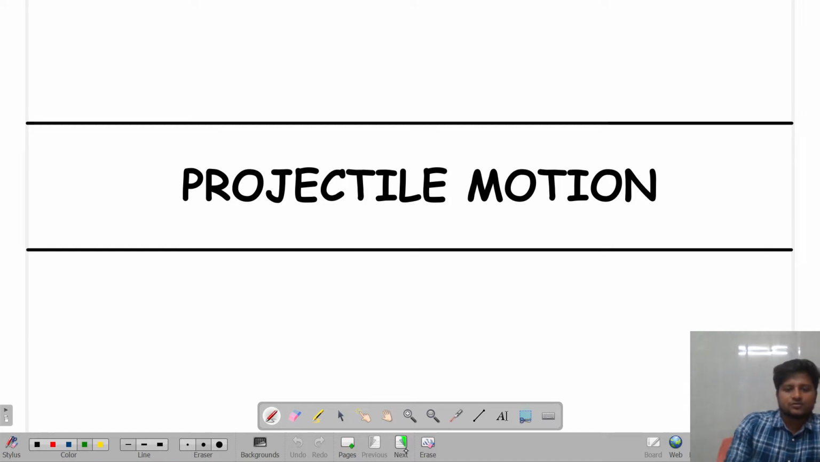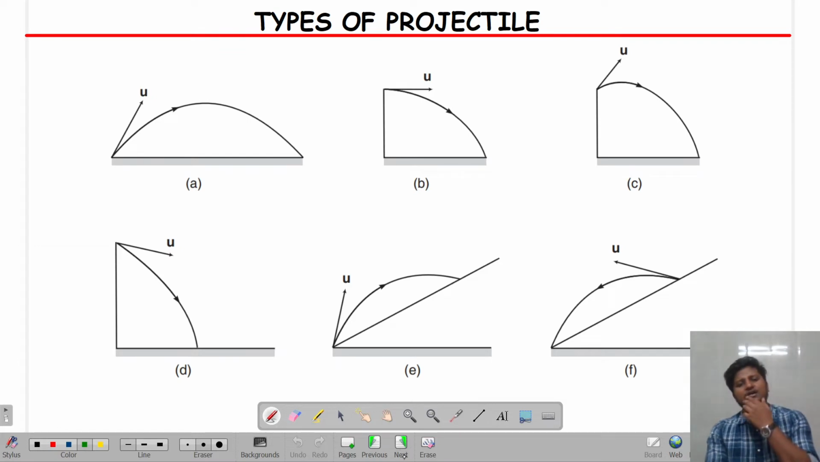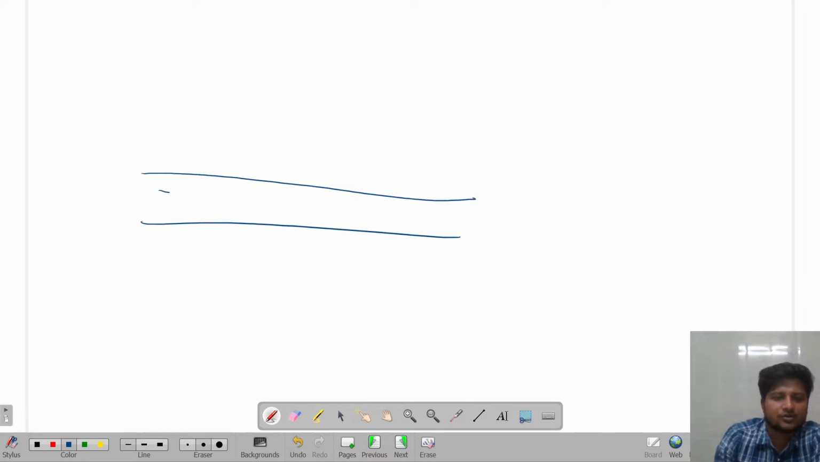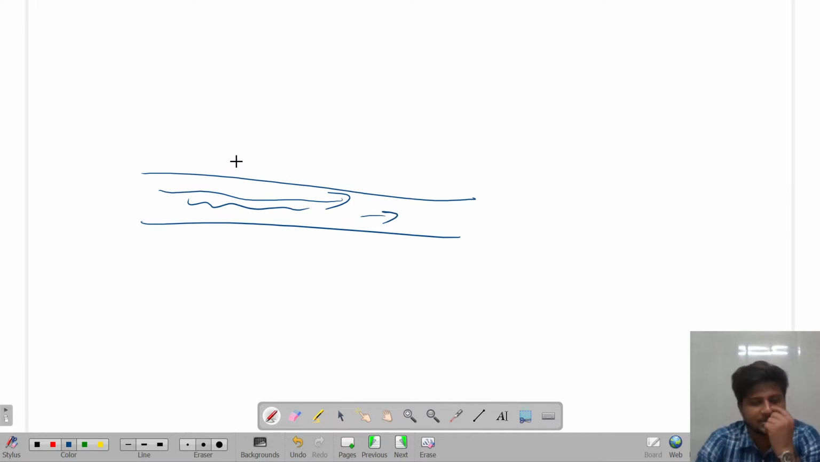Okay, so let us move to the theoretical part of it. So we are going to start with what is called a projectile. So first thing, if we go through the projectile motion, till now we have studied that either the particle was moving on a straight horizontal path, going here and there,